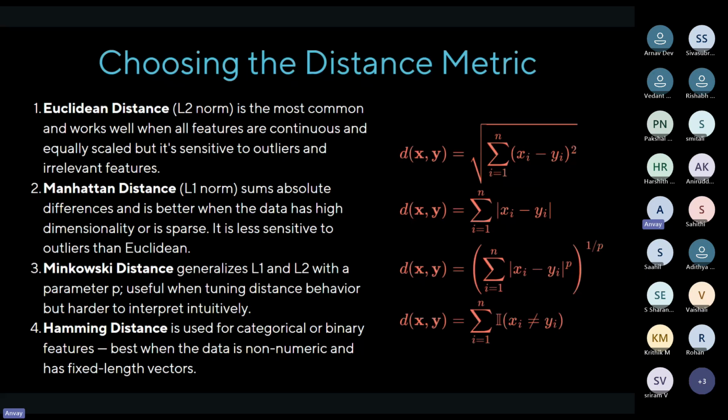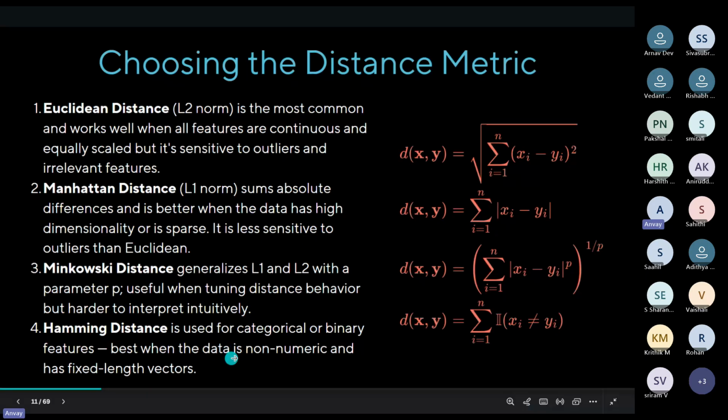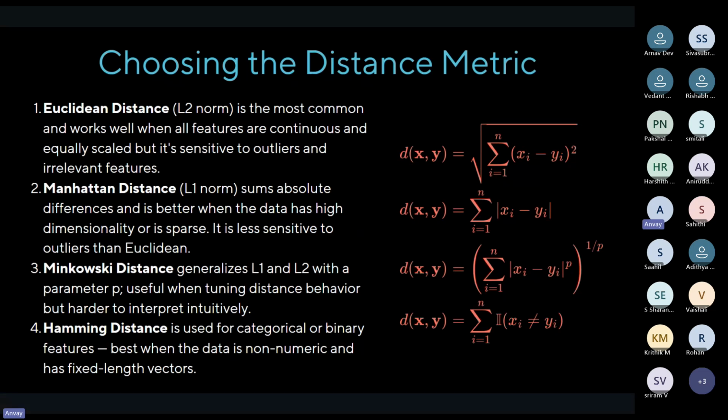You've also got Hamming distance. Hamming distance is for categorical or binary features, and it is used when data is non-numeric. So Hamming distance is basically like a score. Say if I have to compare two words, choosing and chosen. So what Hamming distance does is it goes over